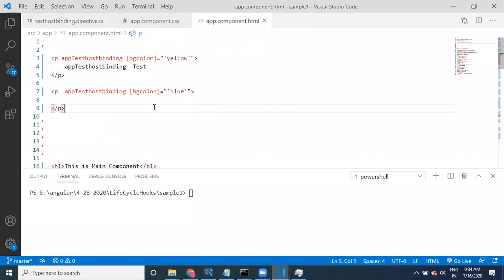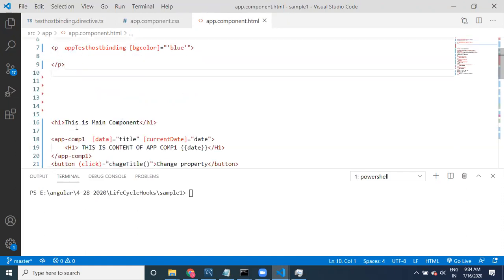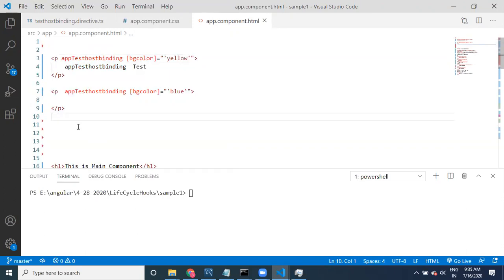From here, see here, we are applying this directive to this P. Ultimately, whatever styles we are applying are going to be applied to this P. Whatever events we are applying, ultimately it is going to apply to this one. Whatever tag you are using, that may not be P, that may be D also, or something else different.